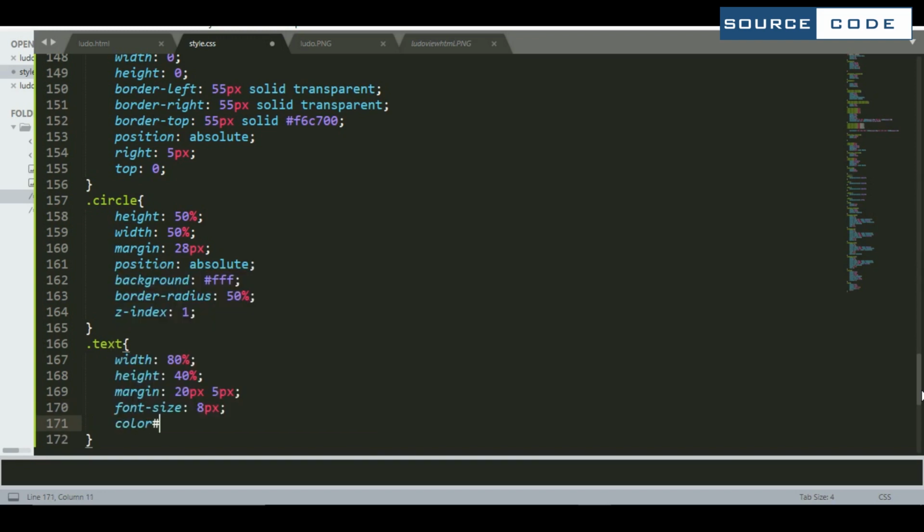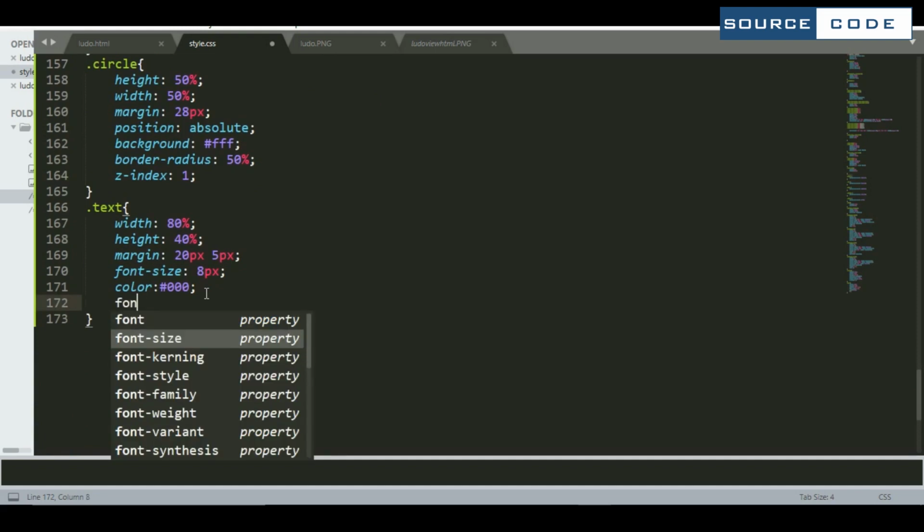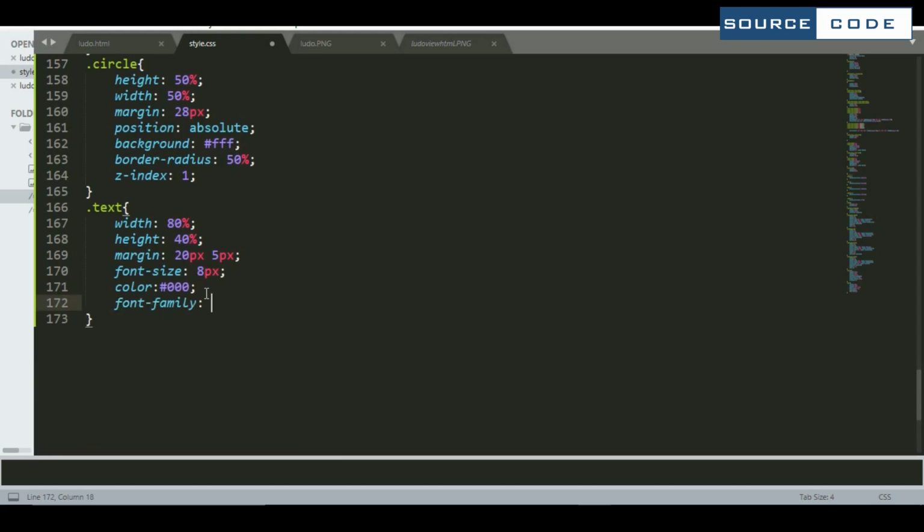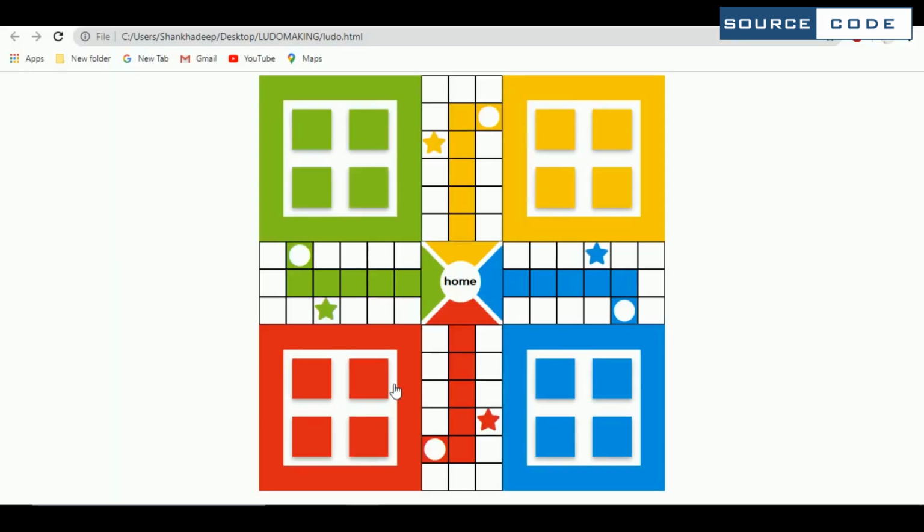Give the color as black, and we need to add font family here. So let me show the output once again how it is coming. And here we go, we have got the output.